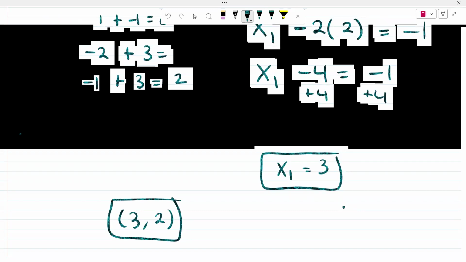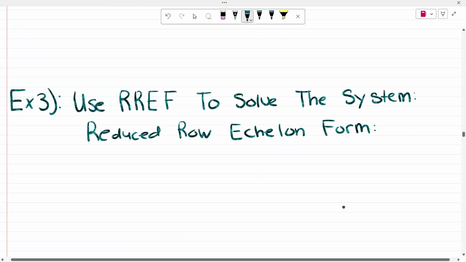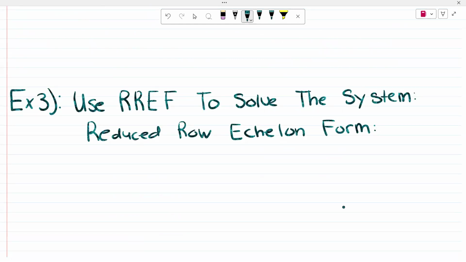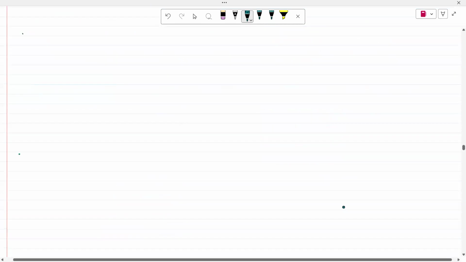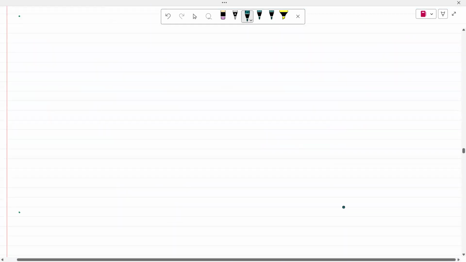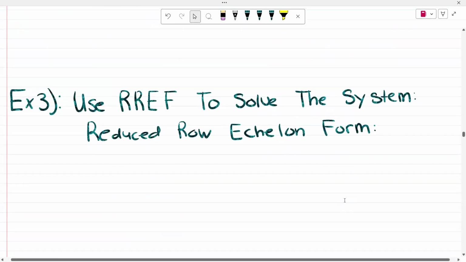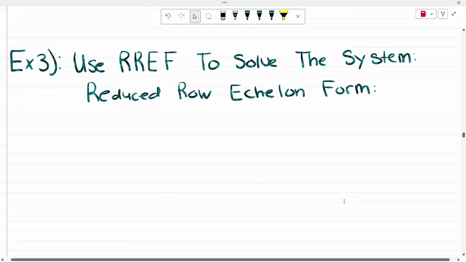Okay, let's look at example 3. Example 3 says use RREF, or reduced row echelon form, to solve a system of equations. And I don't understand why I didn't write the problem. So example 3. Let me write out this system of equations. It was supposed to be here. So it's going to be x1